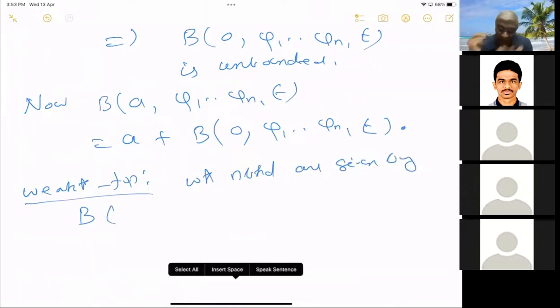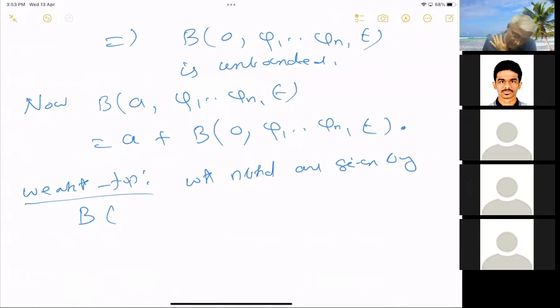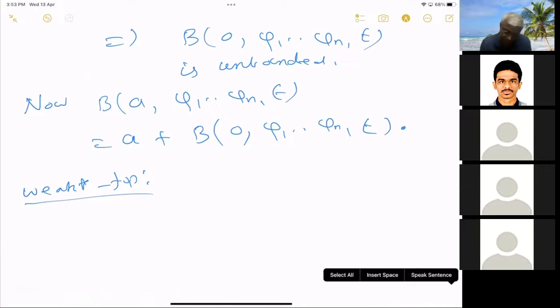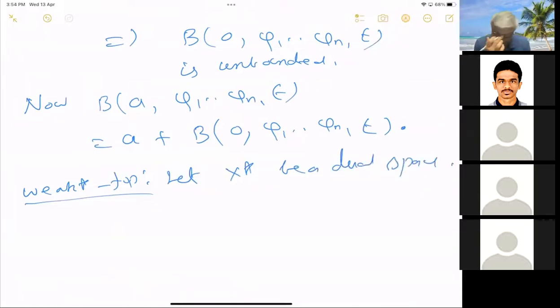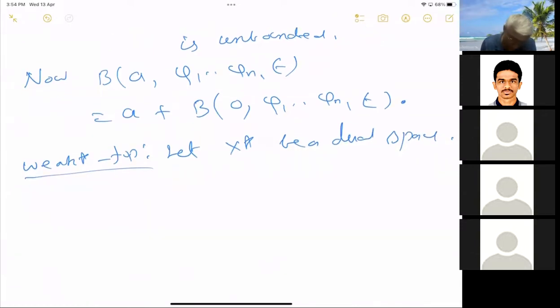The weak star topology is a topology on the dual space. Let X be a normed linear space and X star its dual space, and the weak star topology is defined on X star. So a weak star neighborhood